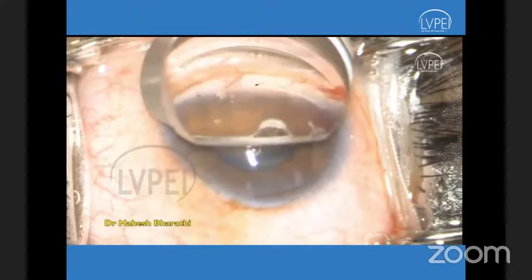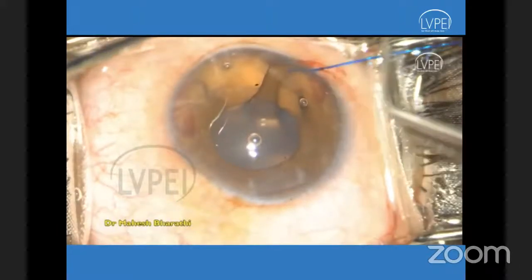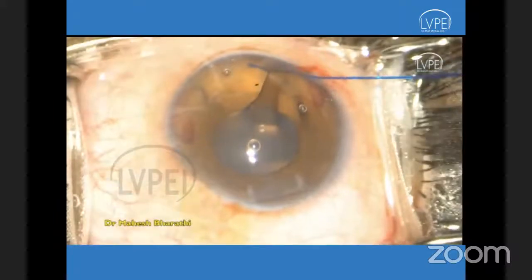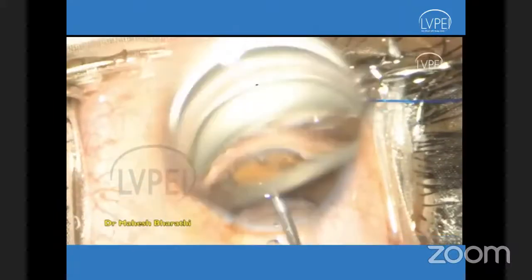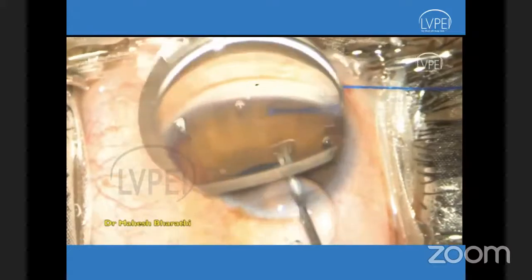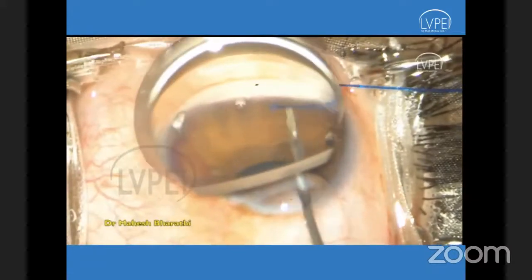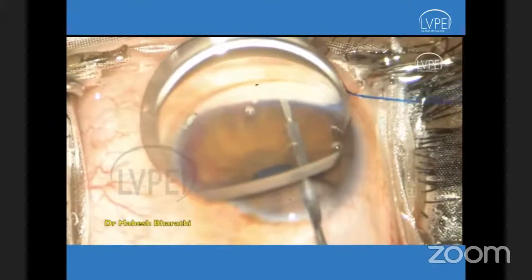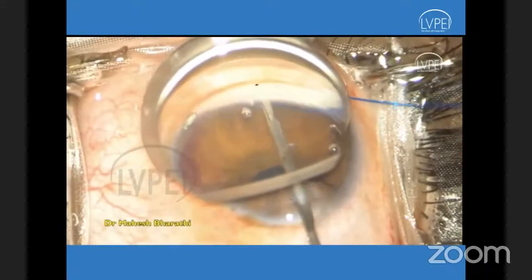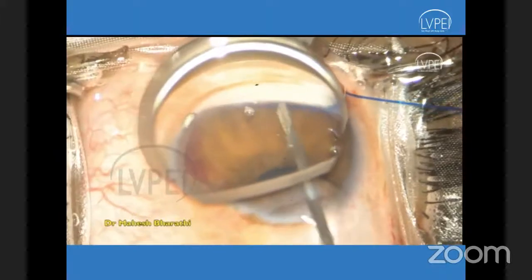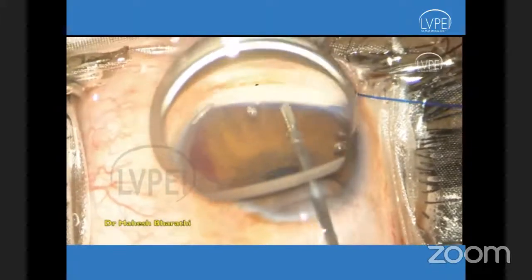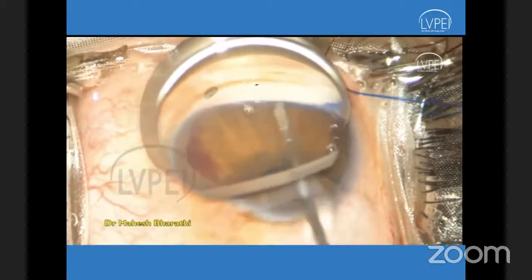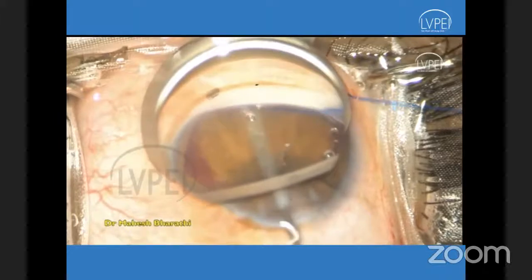Now I'm introducing the 5-0 Prolene suture, whose terminal bud is pre-made by Aurolab, and then using a Grishaber forceps, I'm grasping the Prolene suture. And then, as Dr. Ganesh also mentioned, you see the suture is almost close to the wall of the angle. It is not perpendicularly jutting into the angle. And then almost around 25 to 30 strokes, you just keep passing it.